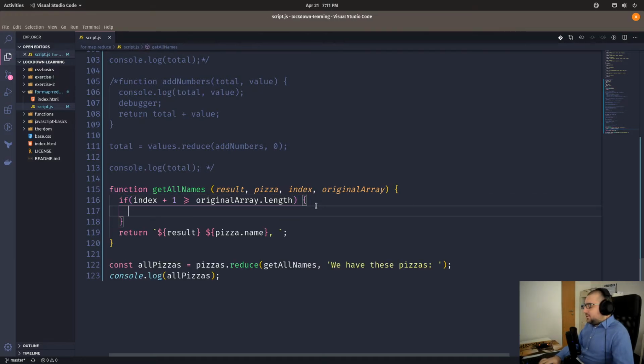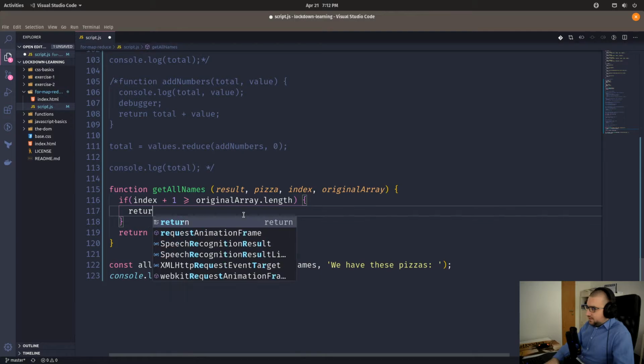That means that this is the last pizza, so there is no next pizza. This says if index plus 1 is larger or equal to original array dot length, that means there is no next pizza. And what we can do here is write return,